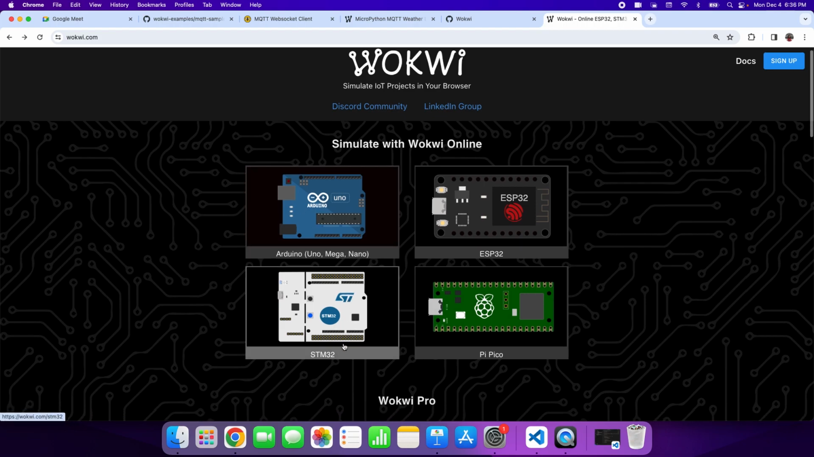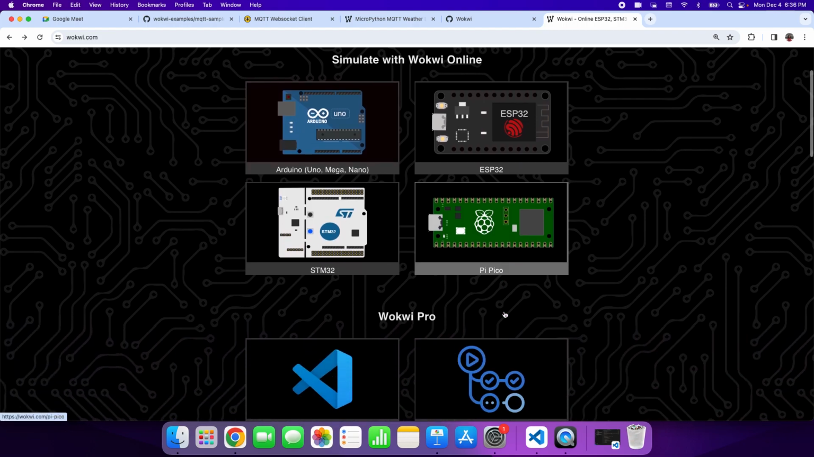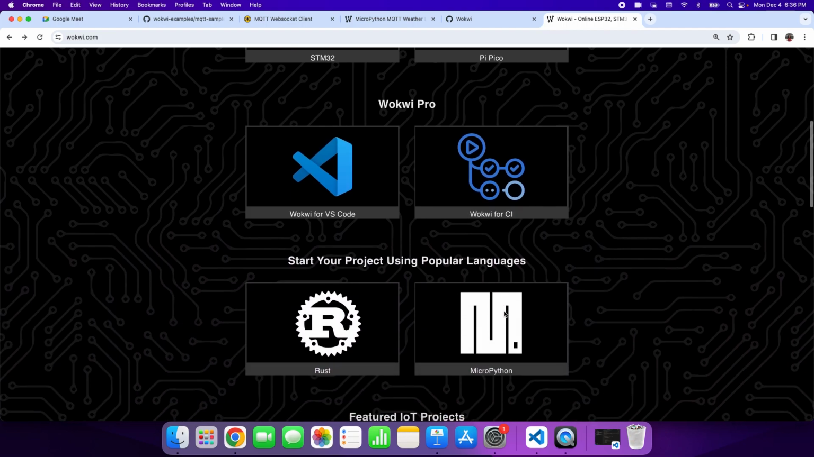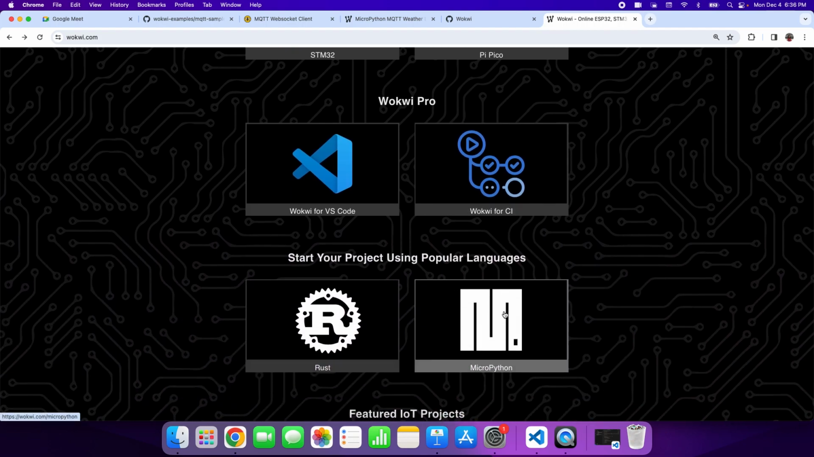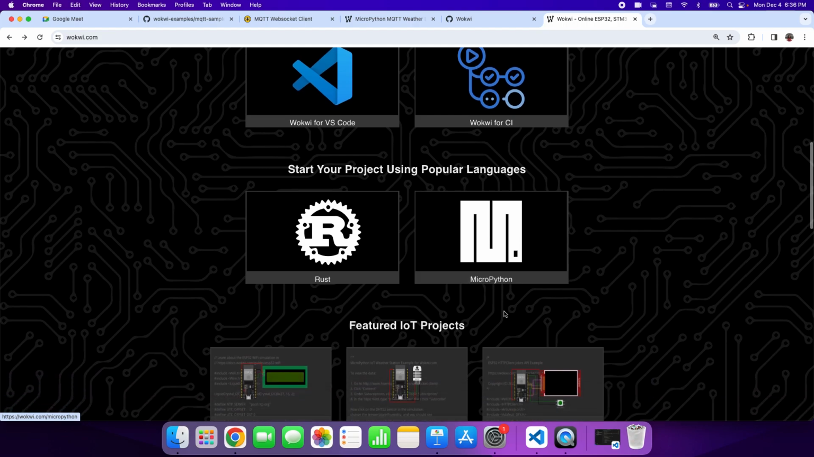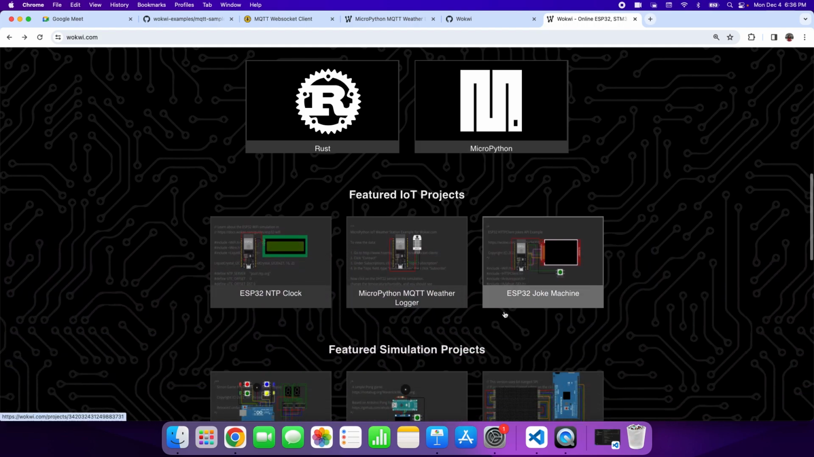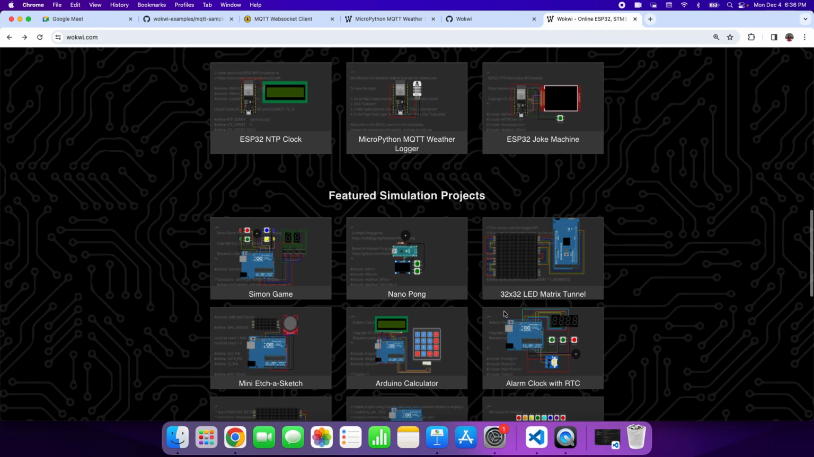Yeah, and then there's STM32 and Pi Pico as well. You'll see there is a community where people are contributing their code, and there are a lot of examples of C code using FreeRTOS, other libraries, all those things. So a lot to